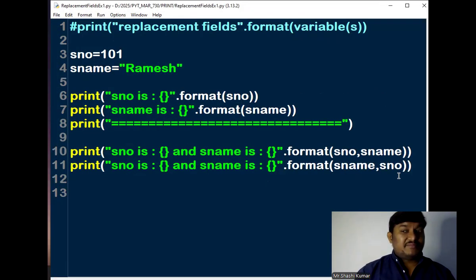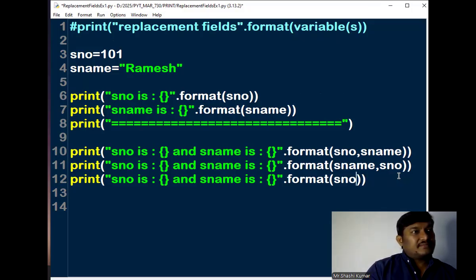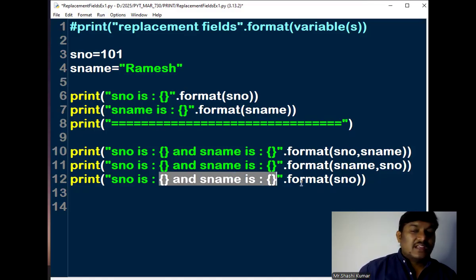So that is the reason to be a bit smart while writing the coding statements, please. Okay, I want to write the same thing here, but intentionally I've taken one variable. You will be getting an error. Because in this print statement, how many replacement fields have you taken? 2. But a moment back I told you very clearly, the count of the variables should be exactly the same